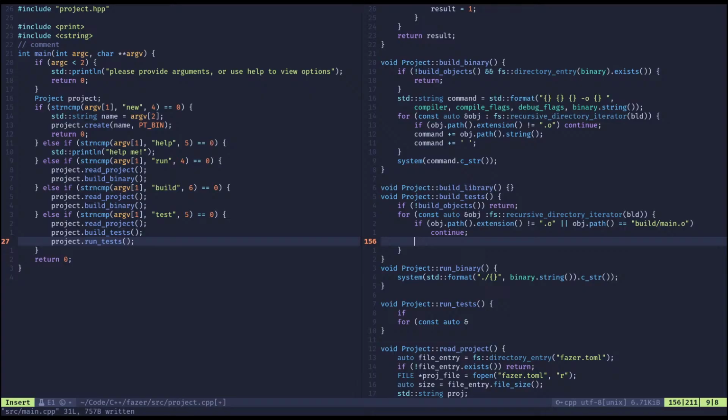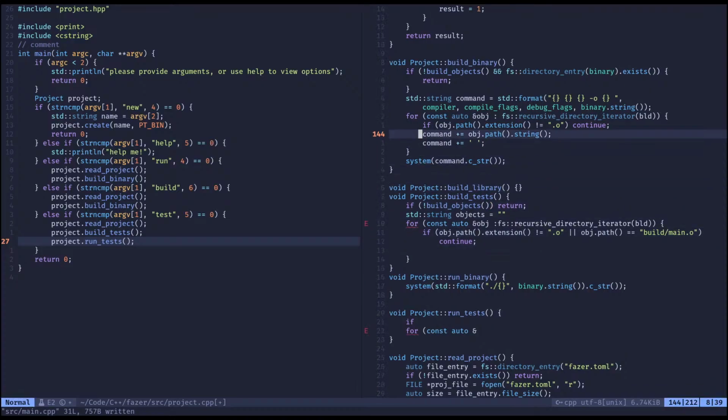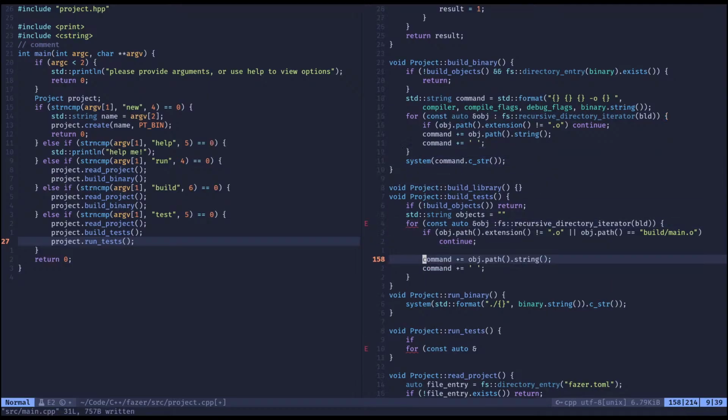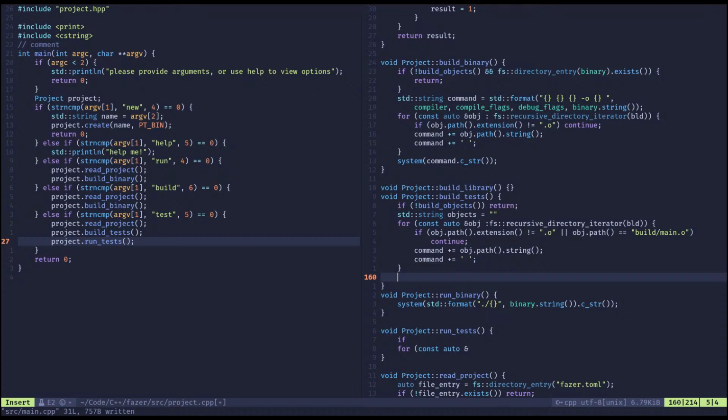Okay. Make sure I specify here string command. Let's do string object. It's just going to be an empty string. And then basically just do the same thing here. So okay, so we've got all those. I need to build the command, and in order to do that, I'm going to do something like this. So get